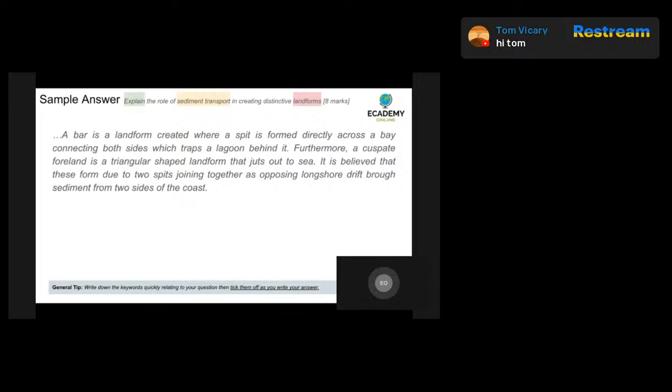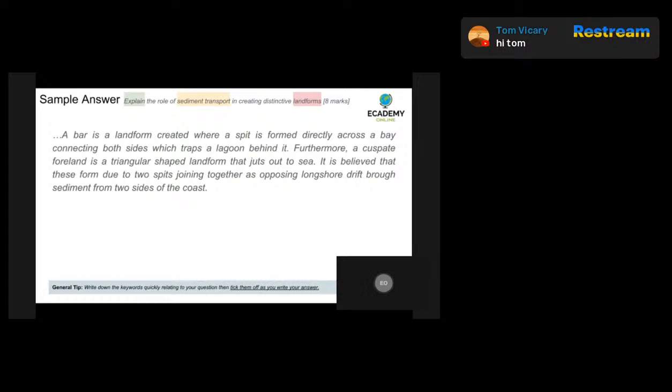A bar is a landform created where a spit is formed directly across a bay connecting both sides, which traps a lagoon behind it. Furthermore, a cusped foreland is a triangular-shaped landform that juts out to sea. It is believed that these formed due to two spits joined together as opposing longshore drift brought sediment from two sides of the coast. So again, the candidate has talked about relevant